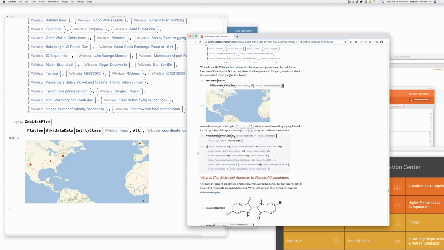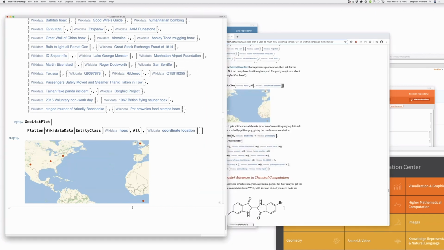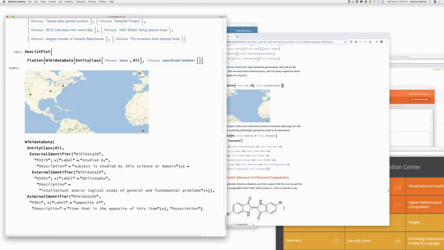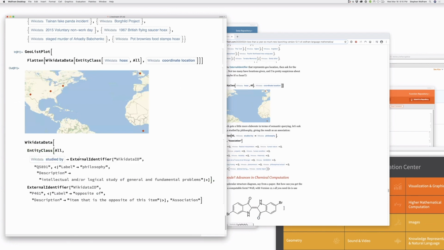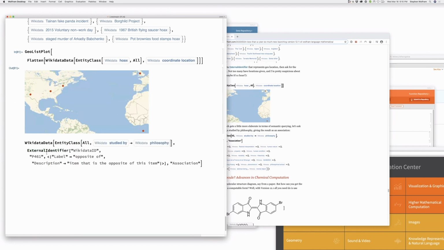I think there was one fun one here that I had in the blog. Let's see, what is this? I'm just doing evaluate in place to get something that shows me those nice boxes. So this is saying in the Wikidata,